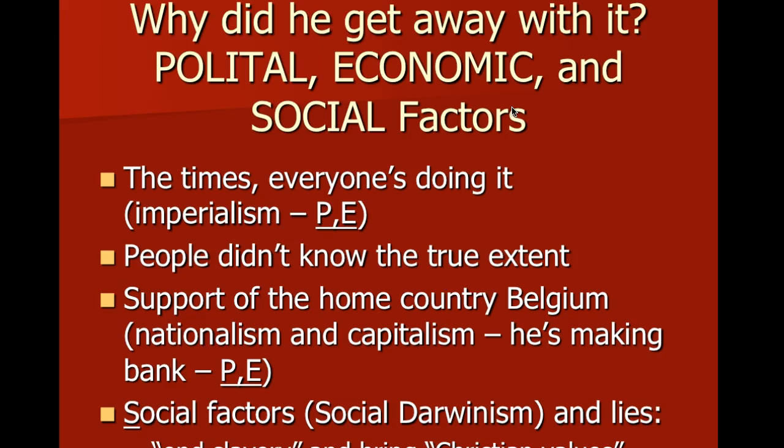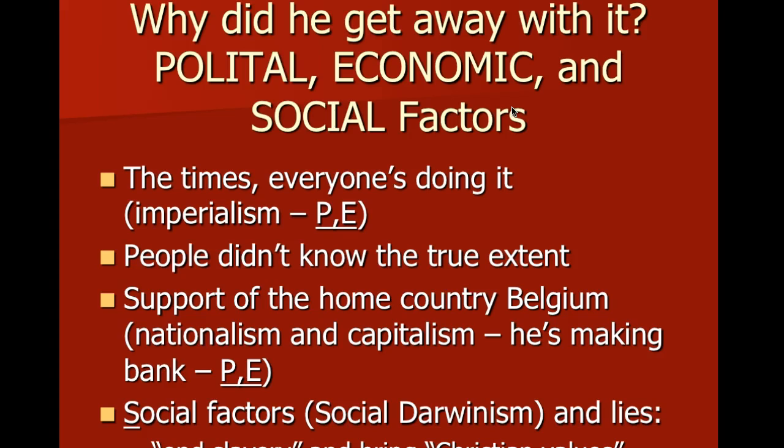Why did he get away with it? A couple of things: political, economic, and social factors. The times, everyone's doing it. Imperialism. There's no oversight. There was no constitution. European powers went in and established new forms of government, not acknowledging the old forms. So it was political and economic